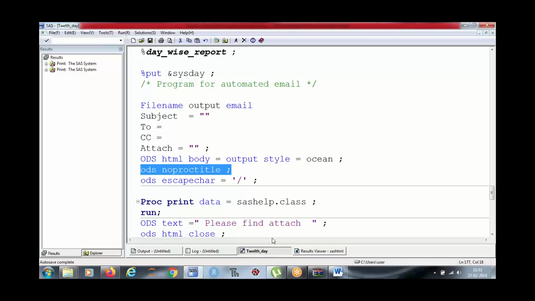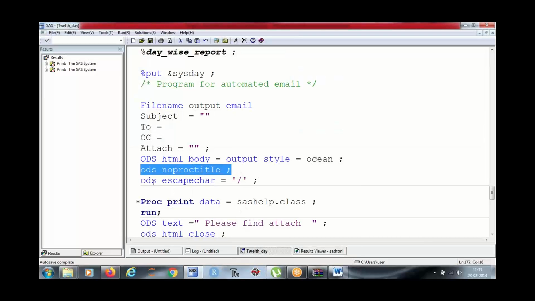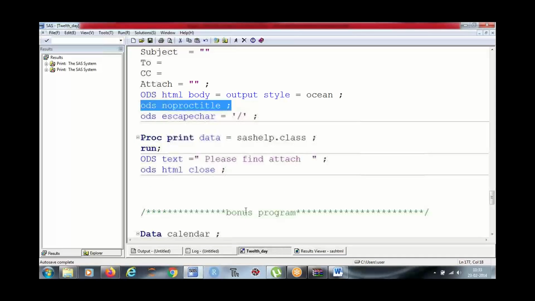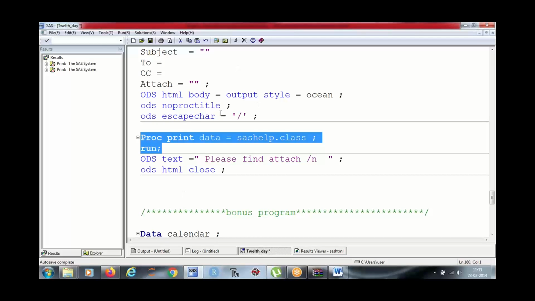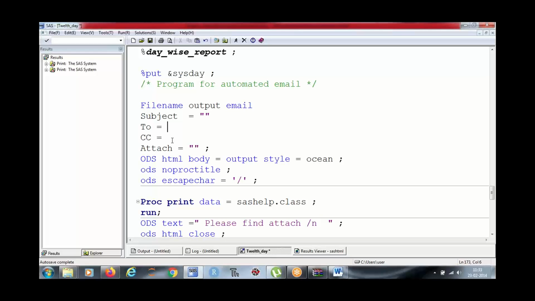ODS NOPROCTITLE, so note this. ODS ESCAPECHAR slash: whenever you want to give a next line in your statement, for example, please find attached \n, it means the next line. Then PROC PRINT, so this will be printed in your email, and the email will be sent to the people in TO and CC.